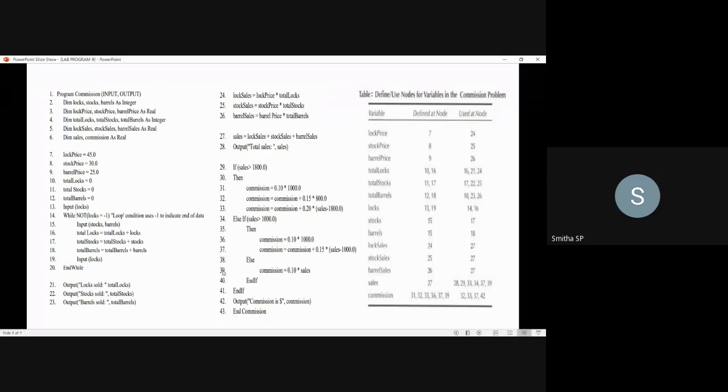Then again in the 39th node, when the sales range is not greater than 1800 and not greater than 1000 also, in the sense it is less than or equal to 1000, based on those sales you will be calculating the commission of 10%. For that, you will be using the sales variable at node 39th.